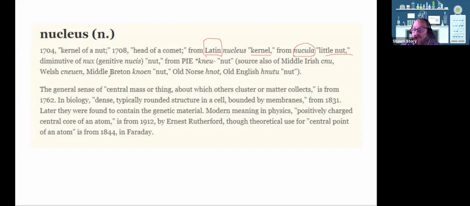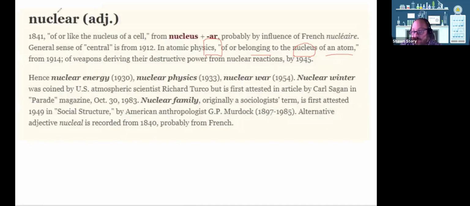And that word has changed a lot over time. When we talk about nucleus, it now kind of just means the center, right? We have the center of the cell, the nucleus. When we get into chemistry, you see the nucleus of atoms, the neutrons and the protons with the electrons going around them. The neutrons and the protons are the nucleus of the atom. And so we see words like nuclear, which is basically the energy that we're getting from that atomic level, the nucleus of an atom. So now the word nucleus has multiple meanings. It's not just the nucleus of a cell, but also the nucleus of